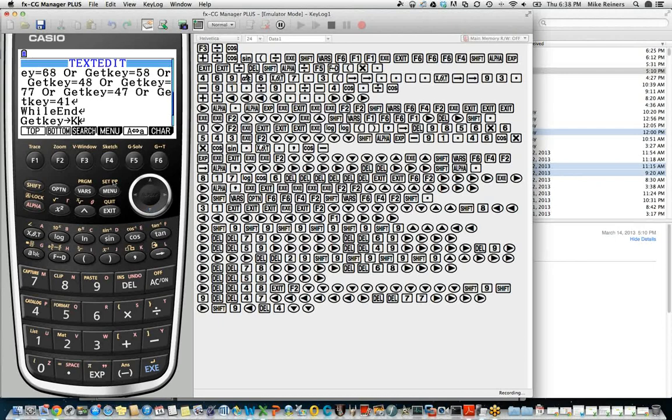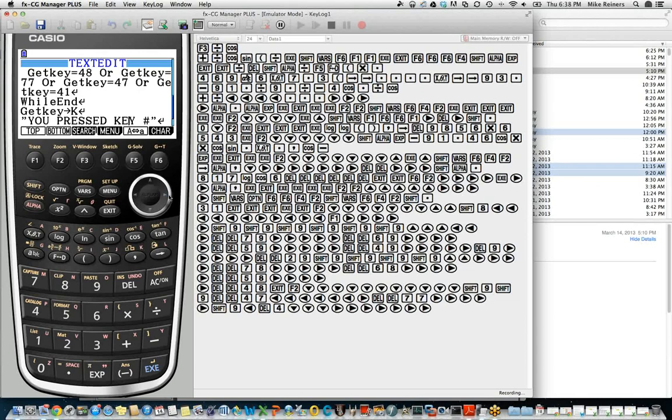So we can guarantee that when this loop is done, the key that we grab is not going to be one of the excluded keys. It's not going to be in that list. Essentially, it's going to be one of the keys that has an alphabetic letter above it. And then we still have information down here that takes the key that was pressed and stores it into a variable. So we are going to have, sitting inside the variable k, a key number corresponding to the last key the user pressed.